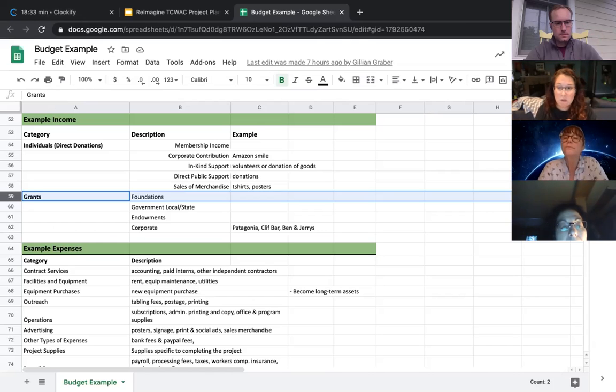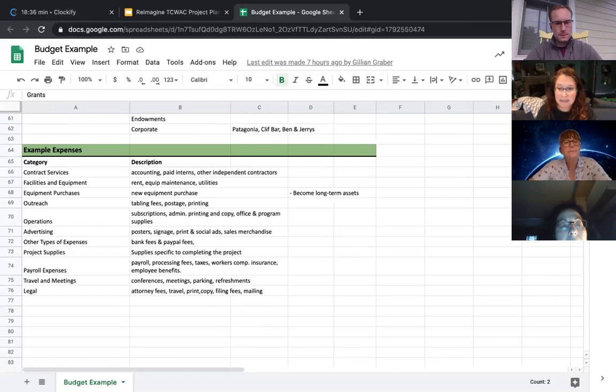Okay, so then we also have examples of expenses. There are main categories, and we pulled these main categories from QuickBooks. When you go into a specialized system for QuickBooks, these are all the different categories. So this really ties directly into if you had to do any kind of accounting or really sharp budget for your group. These are exactly what any accountant or any funder would want to see within your organization or within your group.